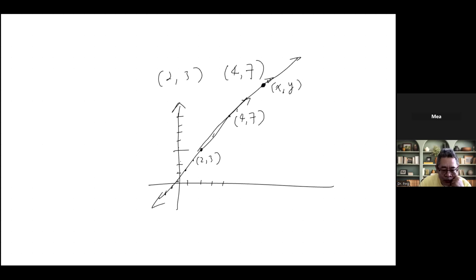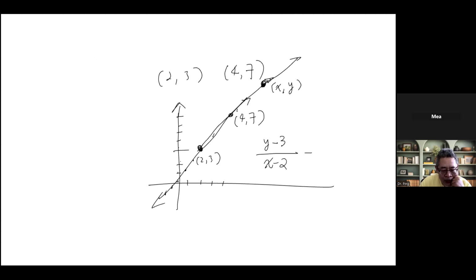Because those 3 points are on the same line, they should have the same slope. If we just look at this point and that point, then we got y minus 3 over x minus 2